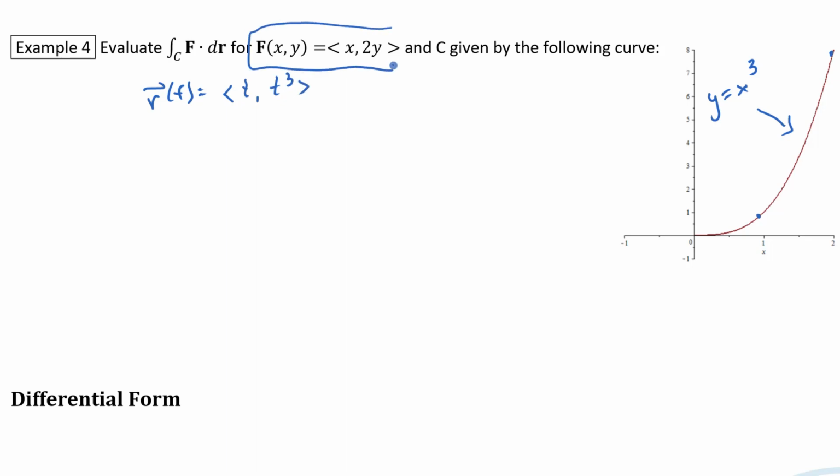Okay, so our force field is x and 2y. So along that path, the force field will be equal to t and then 2t cubed. All right, so the line integral,